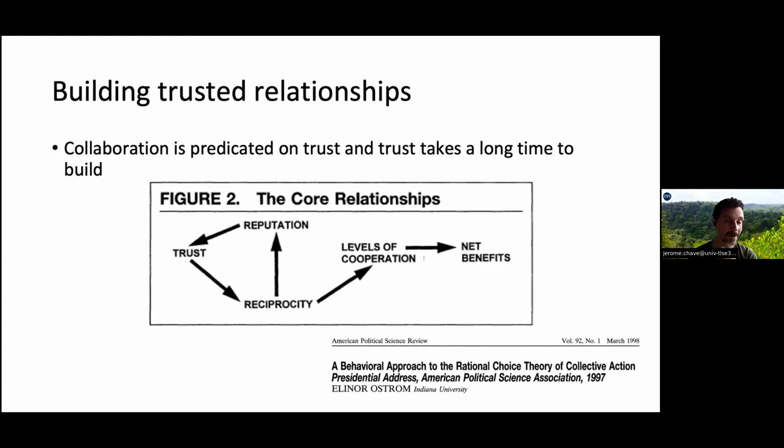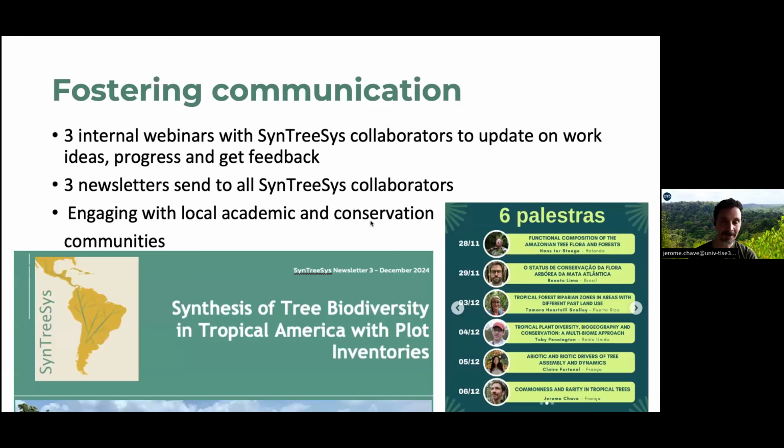And this is also why we have not published any paper yet. And it's no excuse, of course, but this is some form of an explanation. We are trying to work slow but well, and hopefully this will pay off in the long run. By long run, I mean within the year 2026, hopefully we'll have some output. Don't worry. Fostering communication is key.